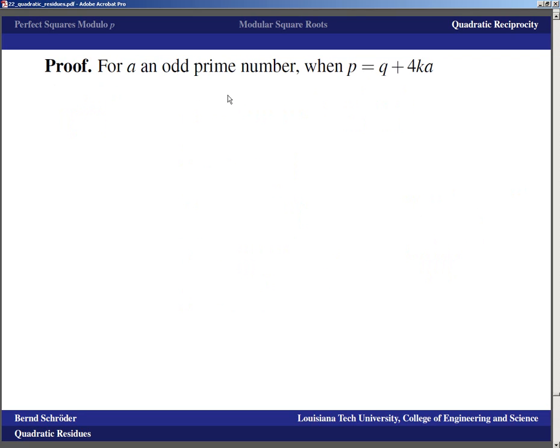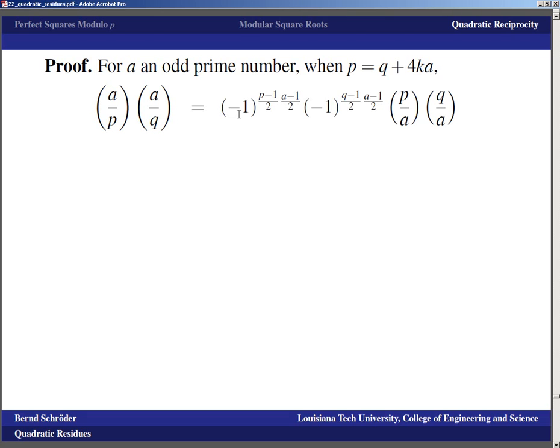In the other case, at least as long as a is an odd prime number, is the case that p is equal to q plus 4ka. That one's a little bit quicker, because again, I look at Legendre symbol a over p, Legendre symbol a over q. That is, as before, negative 1 to the (p minus 1) over 2 times (a minus 1) over 2, negative 1 to the (q minus 1) over 2 times (a minus 1) over 2, Legendre symbol p over a, Legendre symbol q over a. I combine the Legendre symbols to get the Legendre symbol p times q over a,